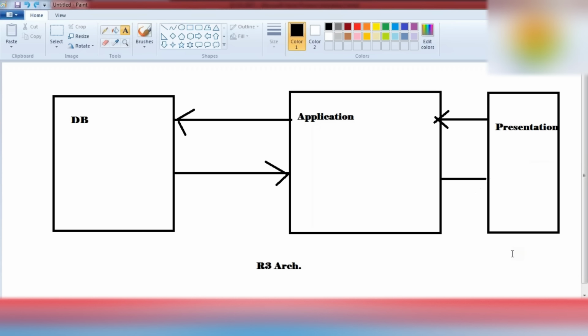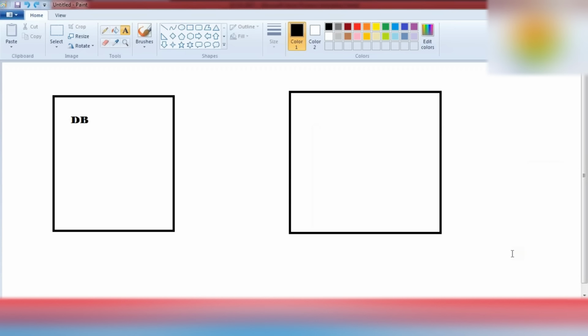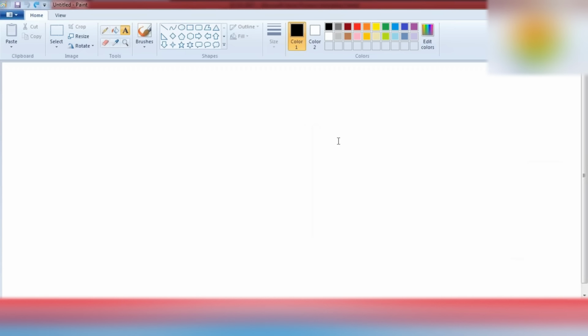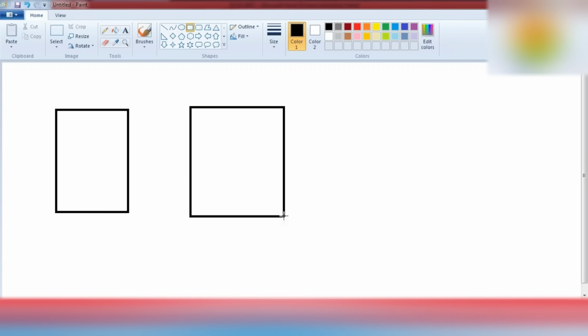Let me first draw another diagram related to our session. Let's suppose this is your database, this is your application server, and now we have something else rather than our presentation server.